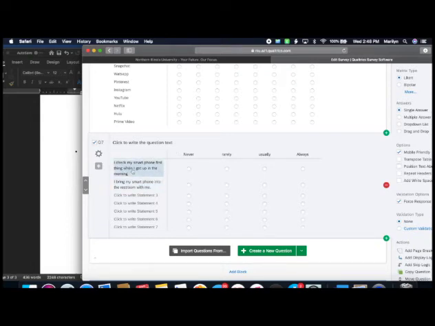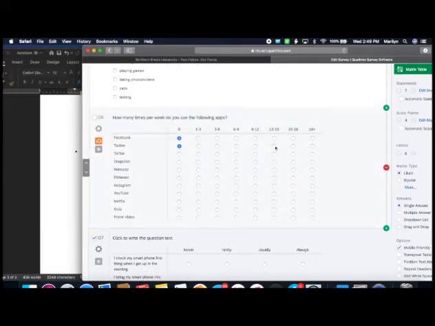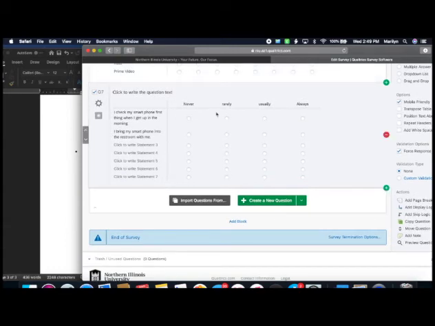And you'll see here then people can say, I check my smartphone first thing when I get up in the morning. They can reply never, rarely, usually, always, right? So they can kind of give you a sense of that. Now, I will say some people create multiple Likert scales like I did here, but use similar